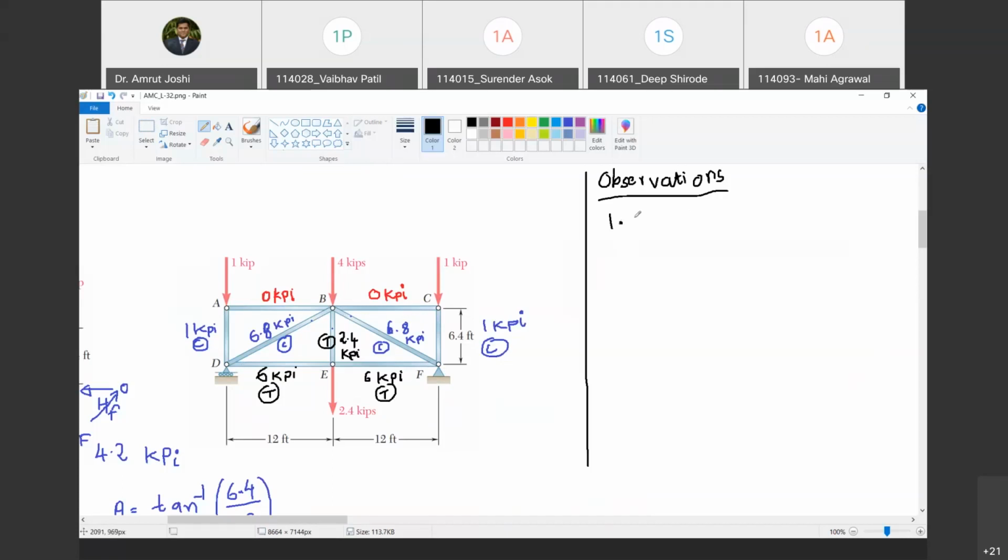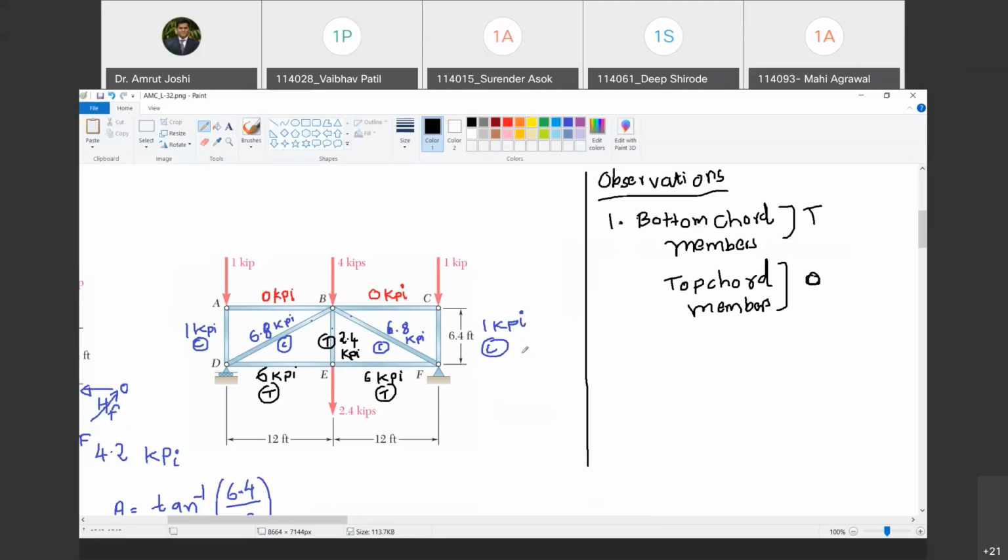This is the standard terminology used in truss. Are you with me? So bottom chord members are in tension. Do you agree with me? In this particular case. Whereas top chord members, they are in compression. Here they have zero force in this case, but in general they should be in compression. Are you with me?